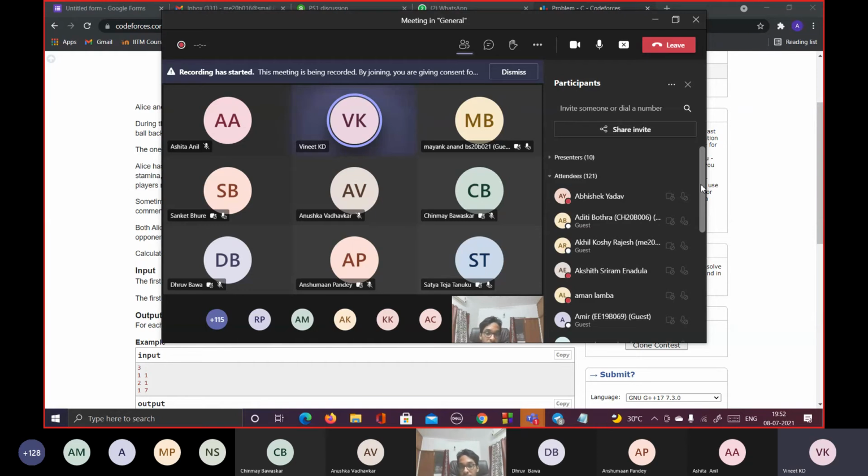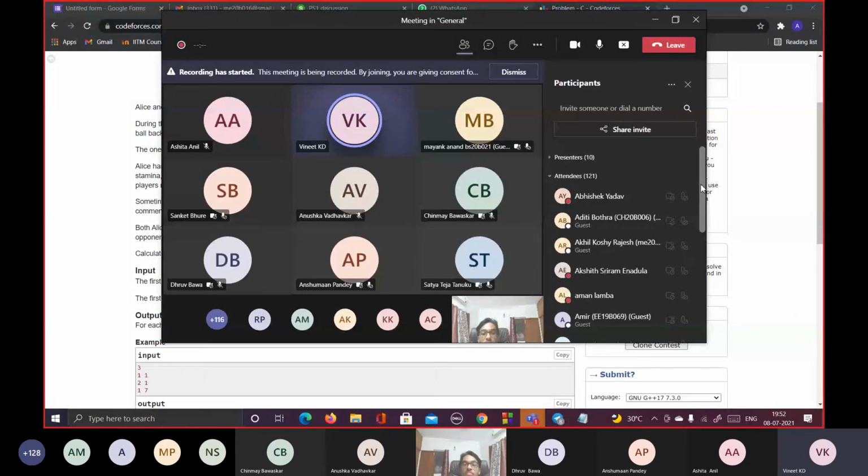Even if you did not get it, you can take out some time and try to figure it out. In most competitive programming problems, one standard approach is to take some examples and see what's going on. So here you can take the 1 and 1 example. What would have happened is Alice would start hitting the ball. Now Bob has two options.